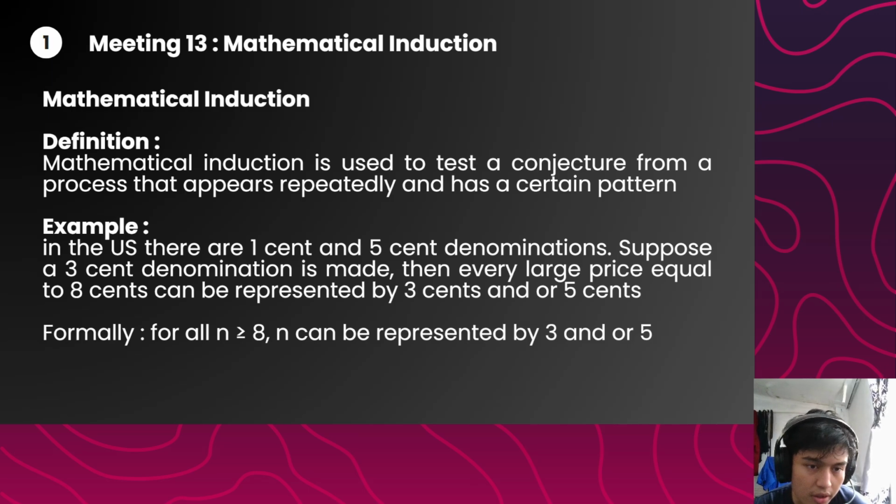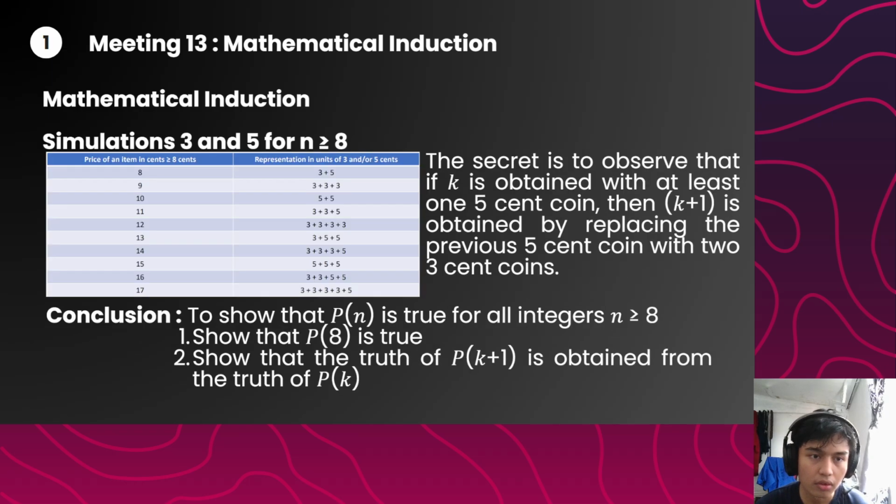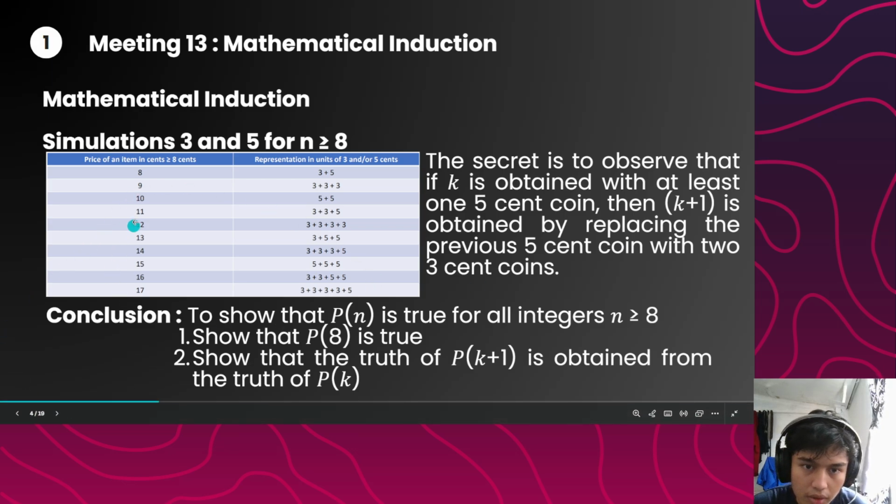For example, in the US, there are 1 cent and 5 cent denominations. Suppose a 3 cents denomination is made, then every large price equal to N cents can be represented by 3 cents or 5 cents. Formally, for all N greater than 8, N can be represented by 3s or 5s. And these are the simulation of 3 and 5 for N greater than 8, as you can see from this